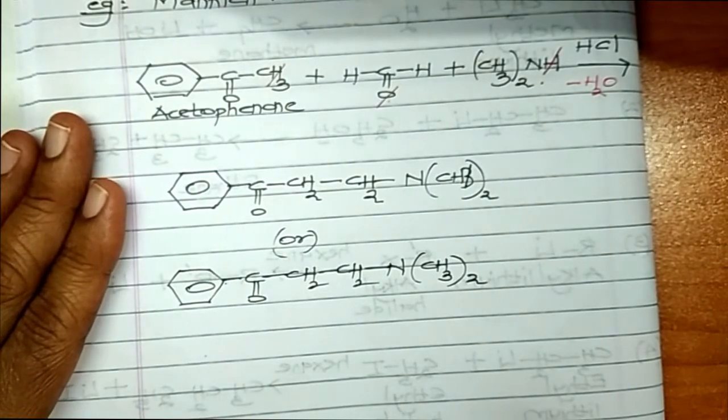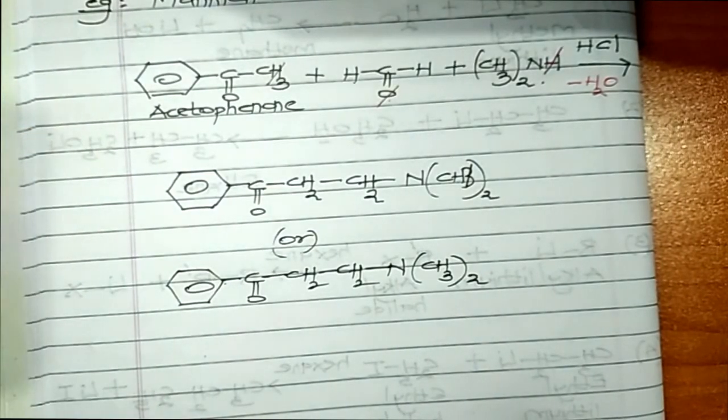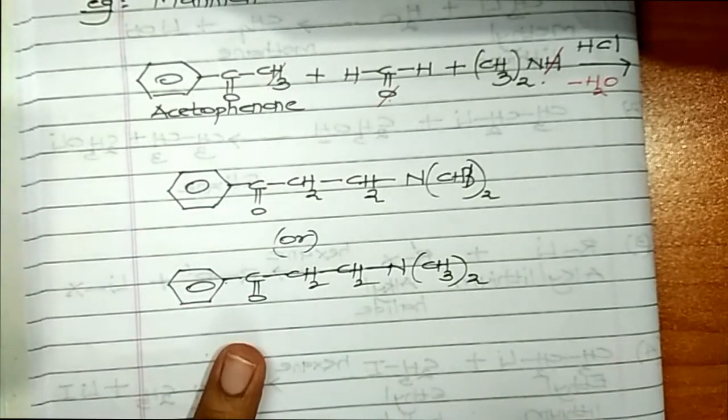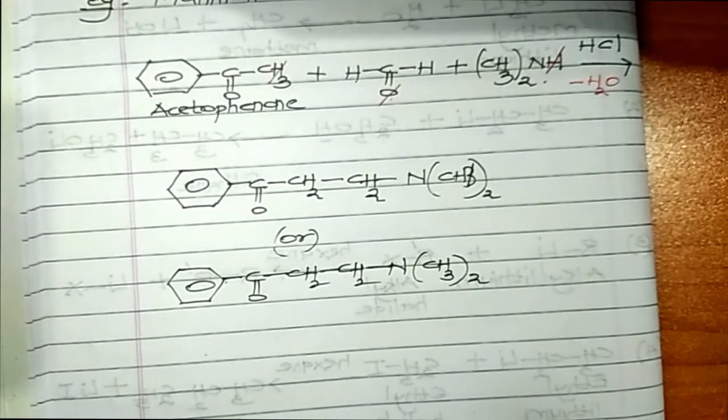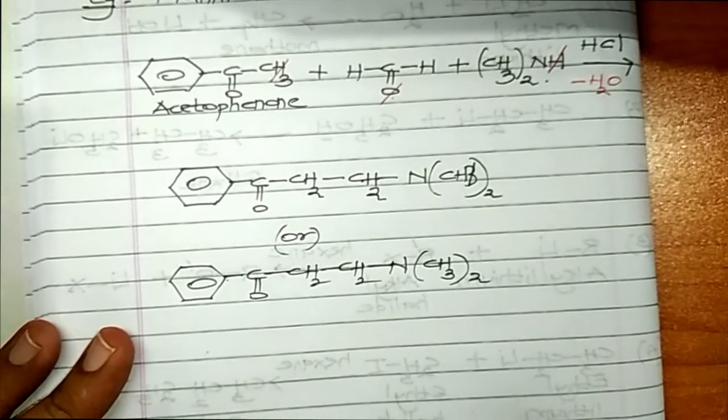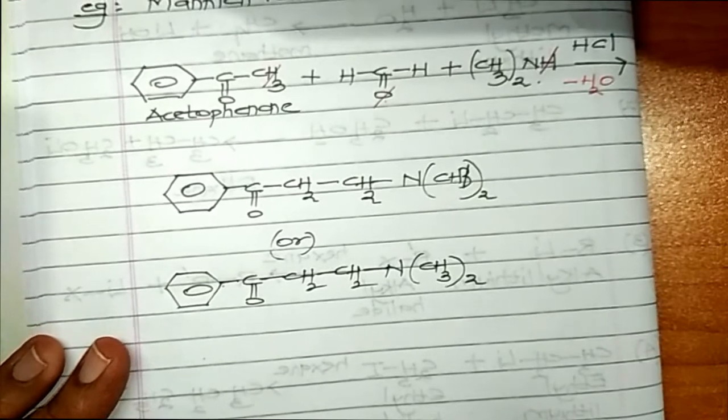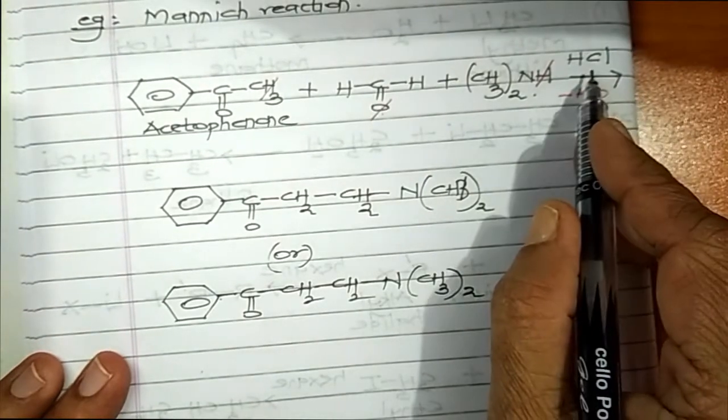Okay, now this compound, you remember there is an acid. Actually, your Mannich reaction is over, but what we get is the formation of a Mannich base. Now what is this Mannich base? See here in the medium, you have hydrochloric acid. You can see the reaction is carried out in an acidic medium. Can you see that acid here?